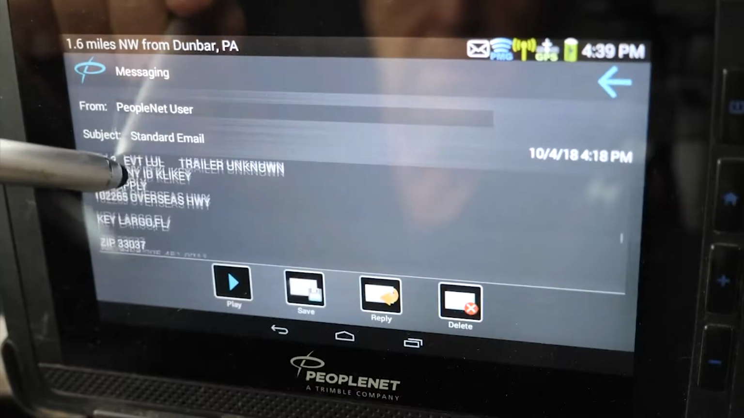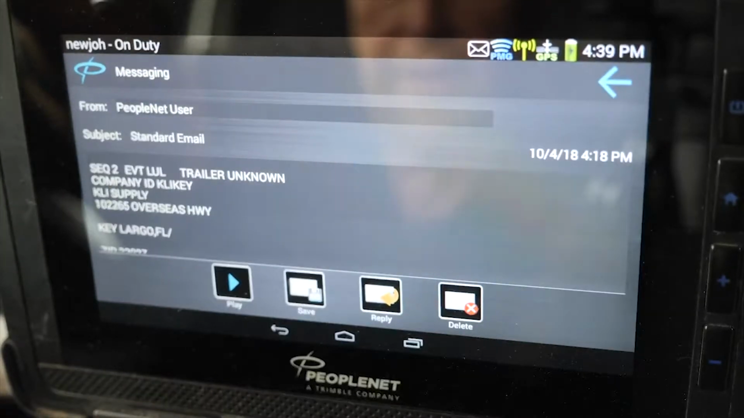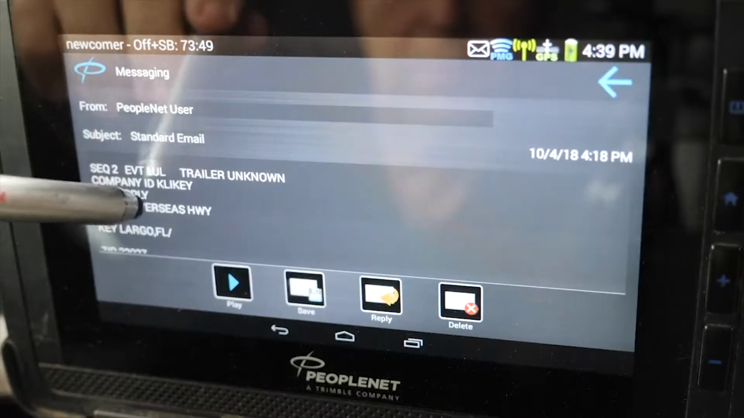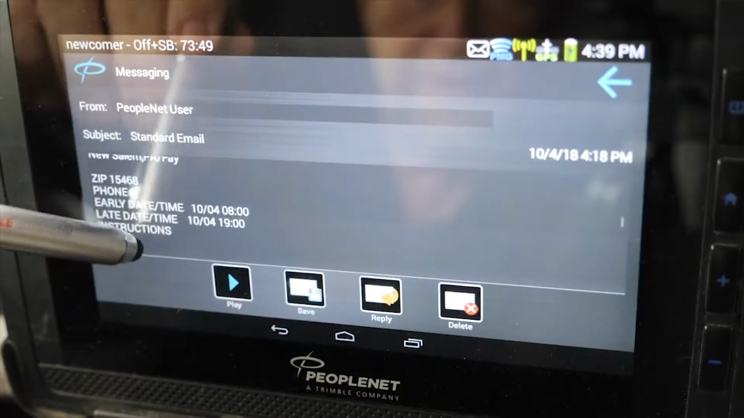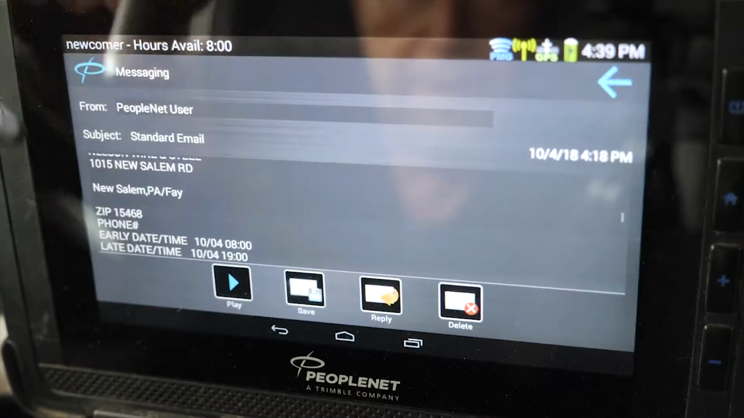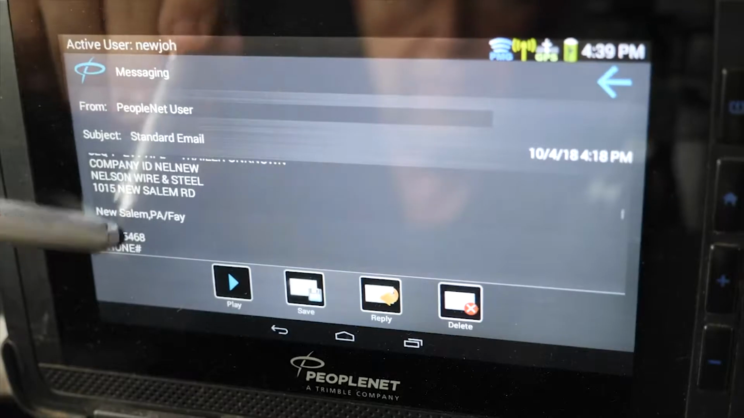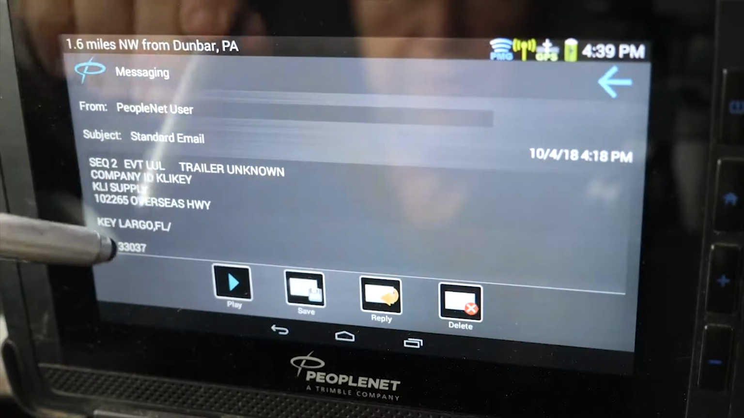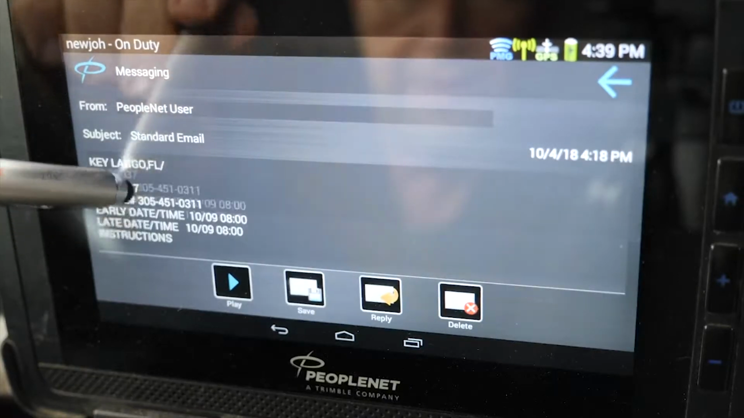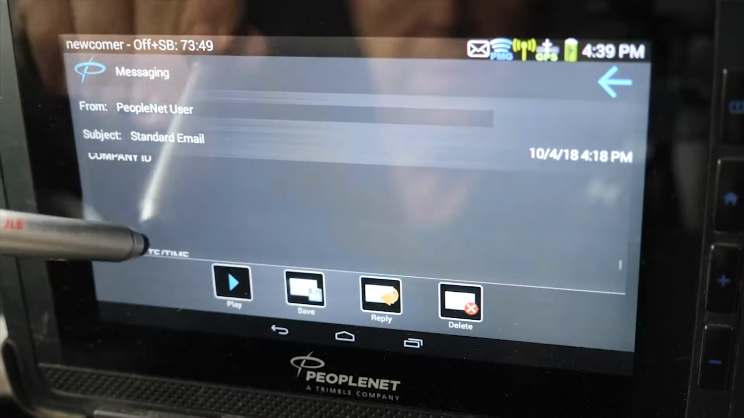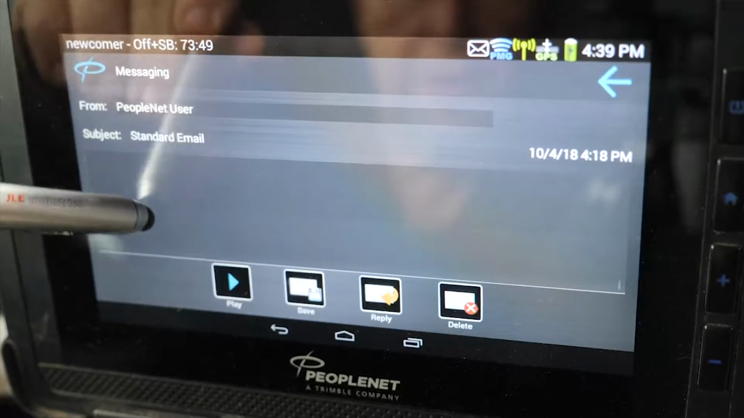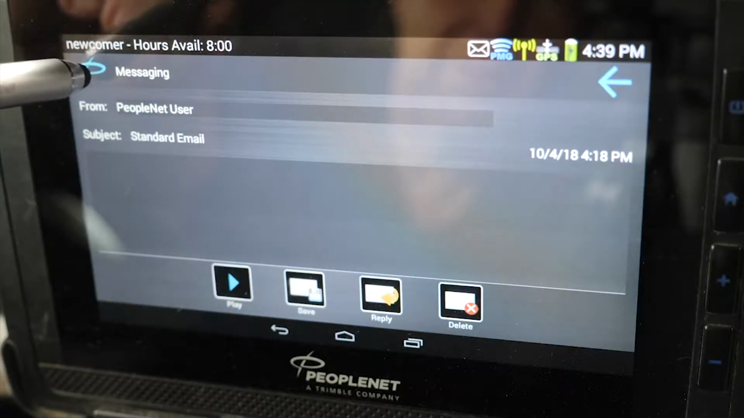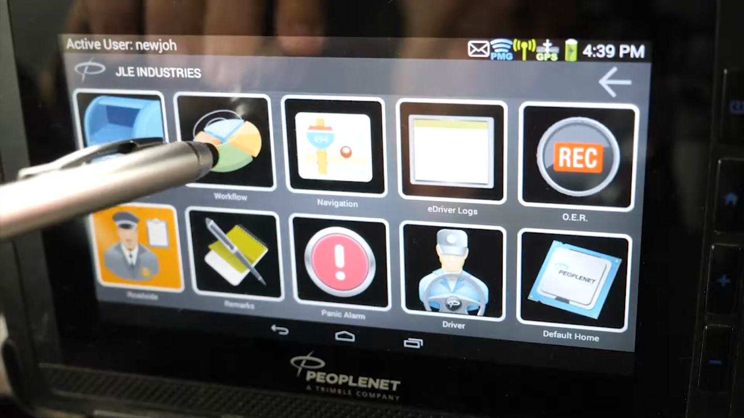Going to KLI Supply in Key Largo, Florida. As you can see here, the address for Nelson Wire and Steel and the address for KLI Supply. I don't see any other instructions here, so we'll go back to our main page and we'll see what the